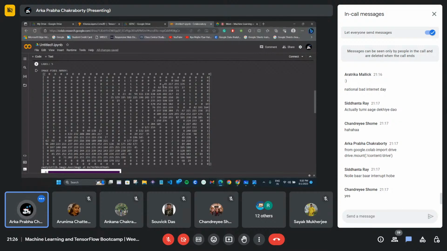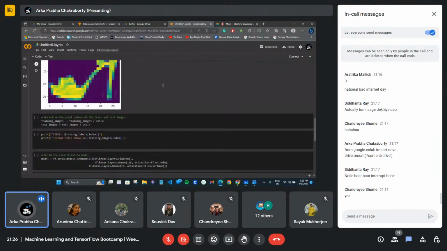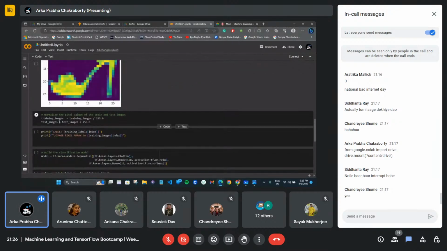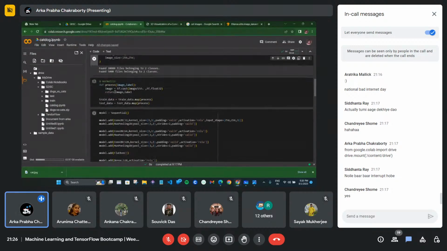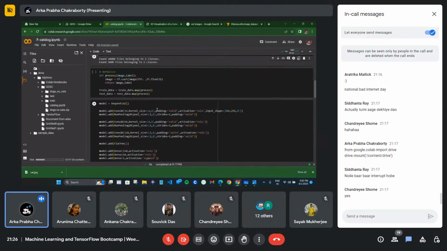So that's why I have to normalize these values. I have to do nothing, just normalize: divide each pixel value by 255. I have done the same thing here. You just have to copy and paste this and then run. Nothing to understand for now.